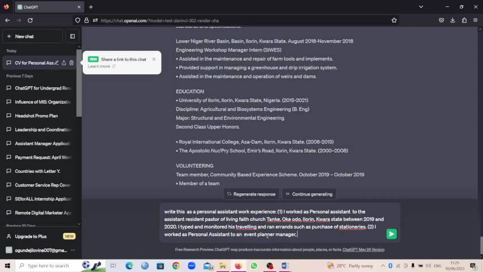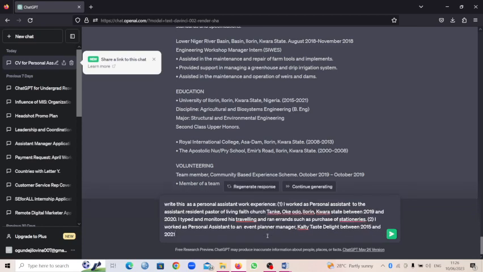And the name of the catering is County Taste Delight. Between 2015 and 2021,